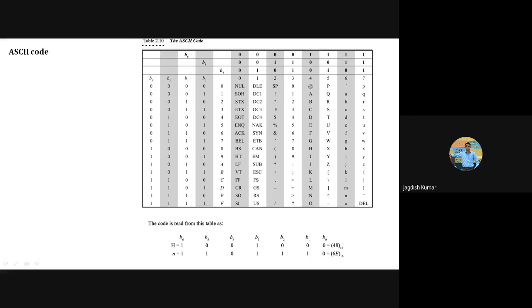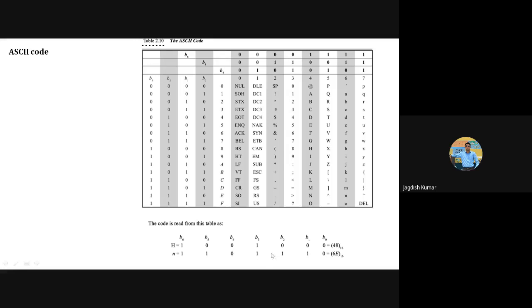Let us try another example. How can we convert small n? Here is small n. Now try to see what the ASCII code for small n will be. You first have to locate small n in the table. It is sitting here. I hope you are able to see n here. So what will be B0, B1, B2, B3? They come from here. B0 is 0, B1 is 1, B2 is 1, and B3 is also 1.